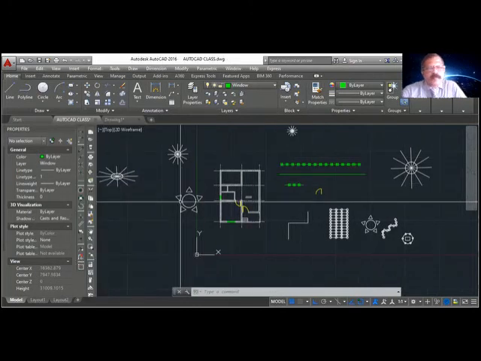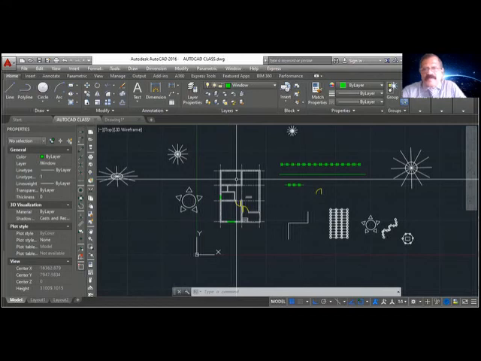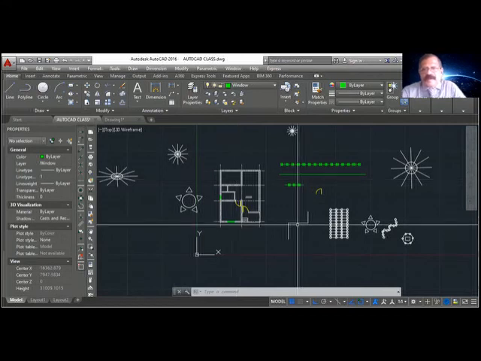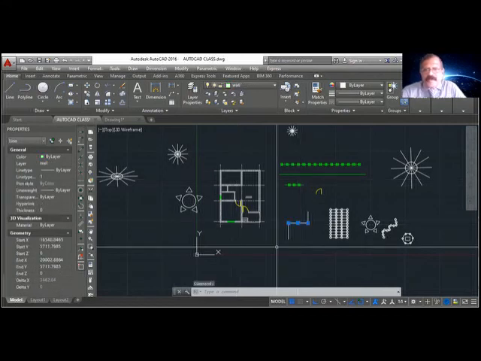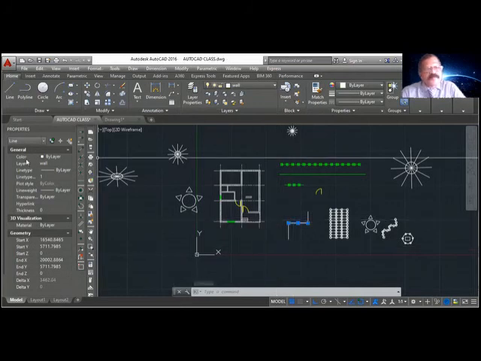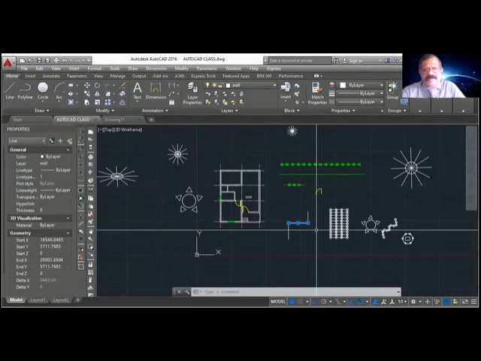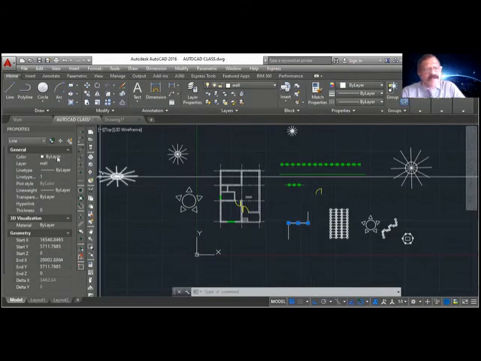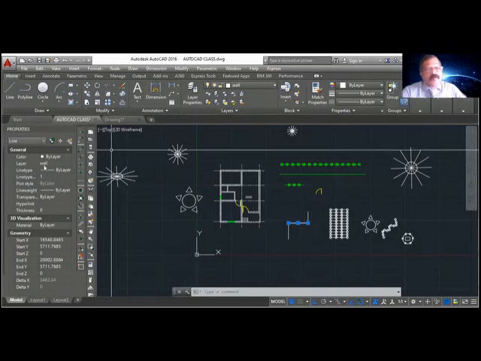If I select one object, this line, it gives me all the properties here. It tells me the object selected is by layer. What is the color given in the layer? It is in the wall layer.